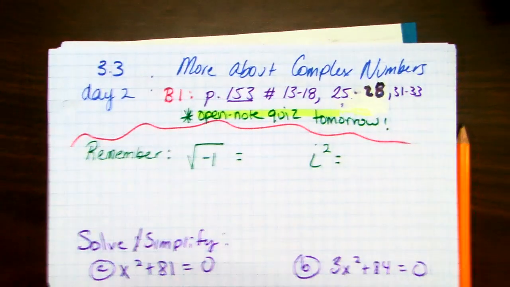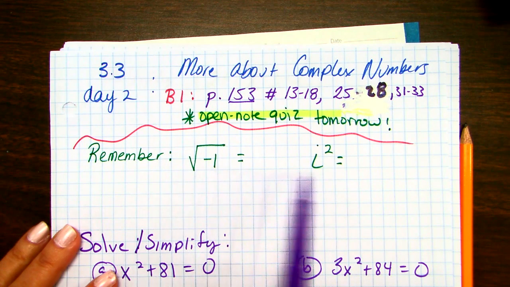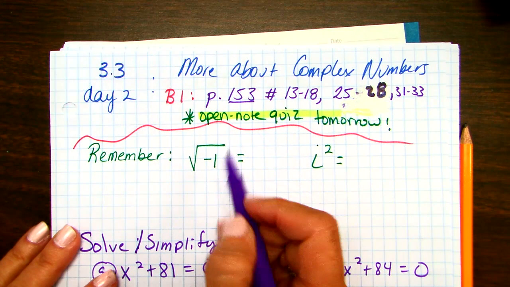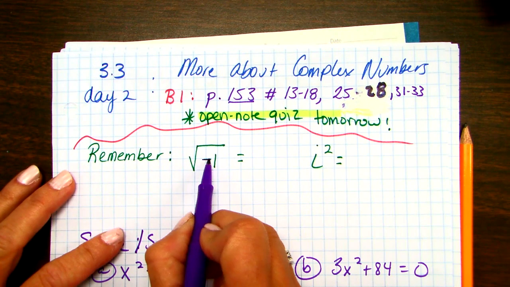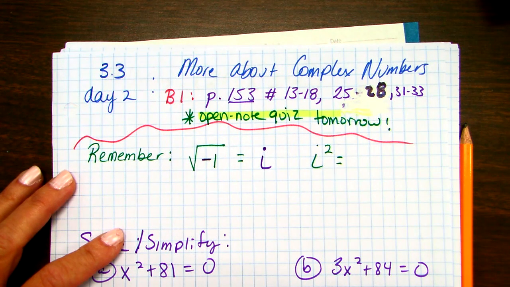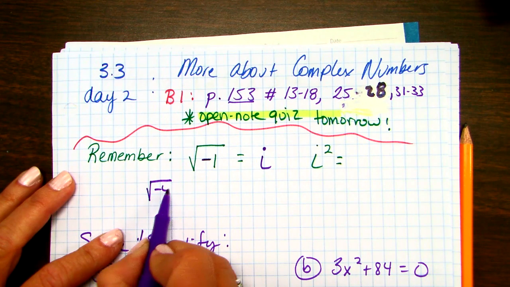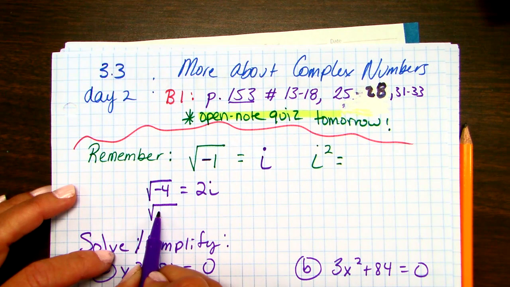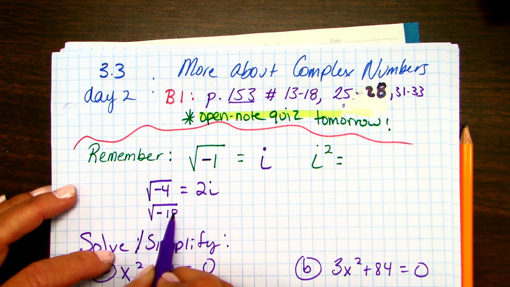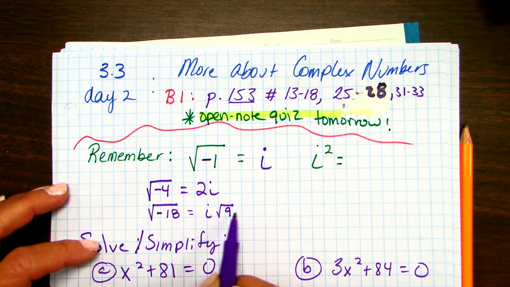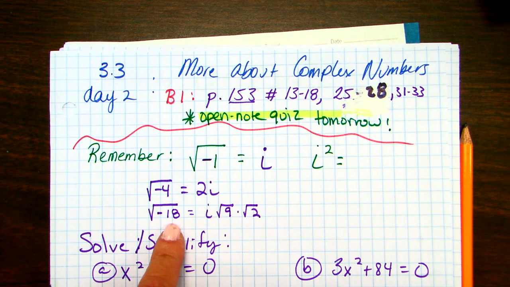Okay, so I want to remind you that we learned about these weird new letters, i, before the break, before this weekend, whatever, last quarter. Anytime you have a negative under the radical, it means that you're going to have a lowercase i on the outside, okay? So we had like the square root of -4, that would be 2i. We had something like this, and we had to simplify it. That would have been an i on the outside. And remember, we had to find 2 numbers that multiply to get 18, where one of them is a perfect square. So this is just reviewing